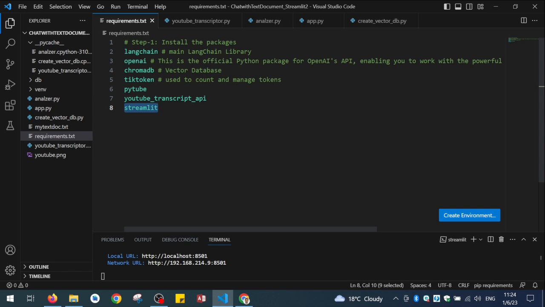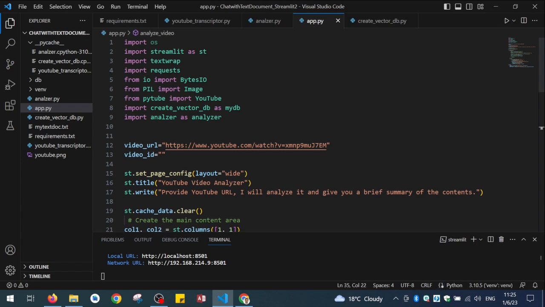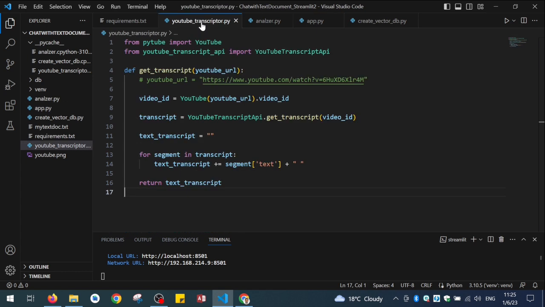Now, in order to make clarity in the code, I have made four .py programs. The first one is the app, which is the main program which will use the other components. Now, first of all, we need to read the YouTube transcript. So for that, I have created youtube_transcriptor.py, and this file has only one function, and that is the